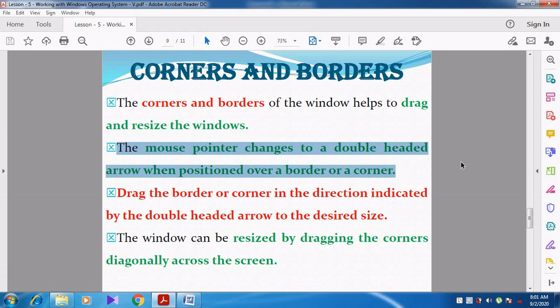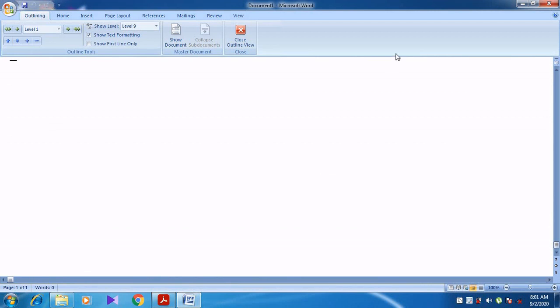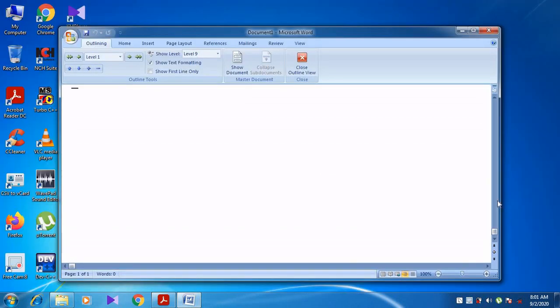For example, let us minimize this window. See here, now I am seeing my mouse. Can you see the mouse with only one arrow? But when I move to the border, now you see here, the mouse pointer changes to a double-headed arrow, that is, an arrow on both sides.